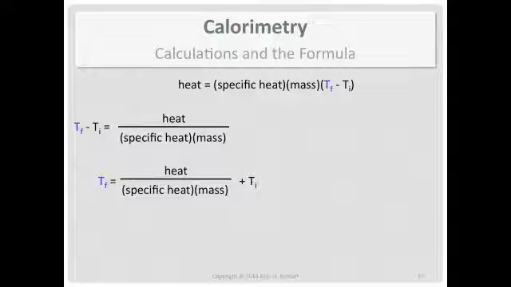Do you see the implication in that bottom formula? Think about how I set the problem up. I said that it's a hot piece of metal being put into cold water. Therefore, the temperature's going down. But this formula appears to suggest that the final temperature is greater than the initial temperature.